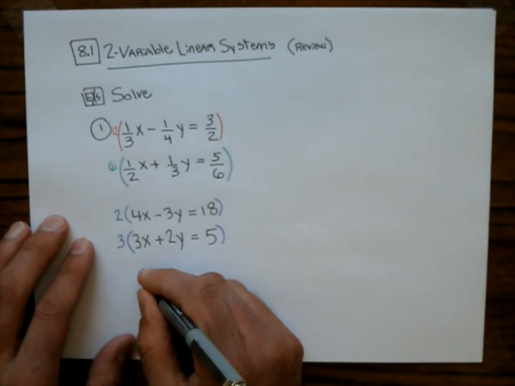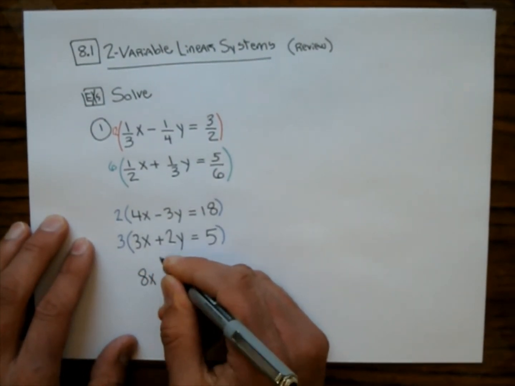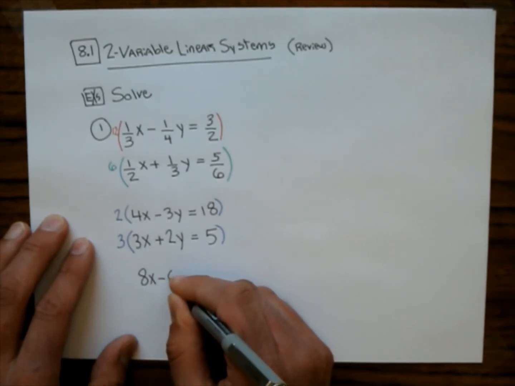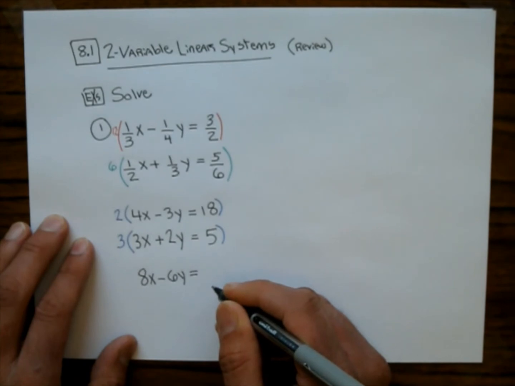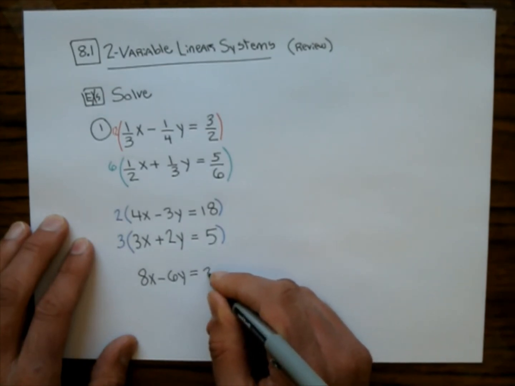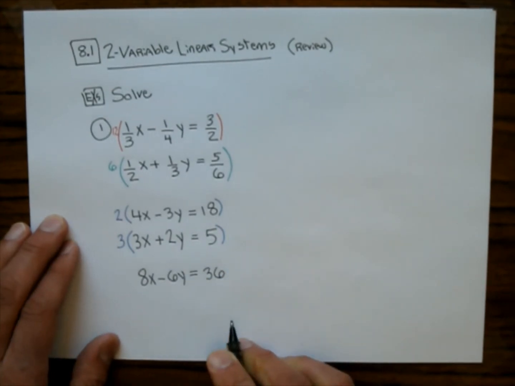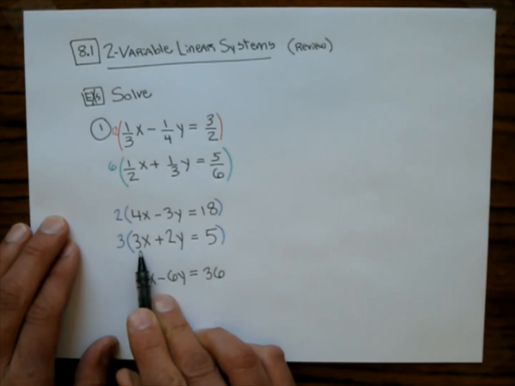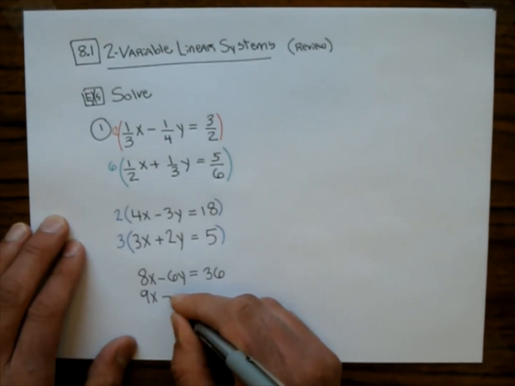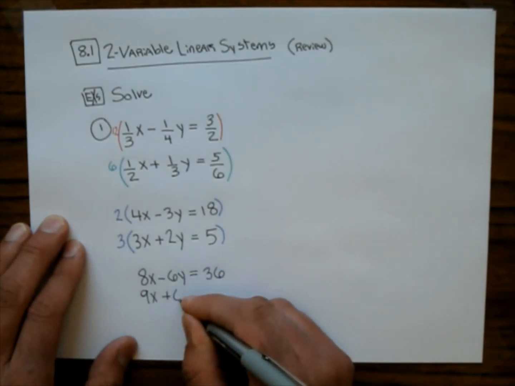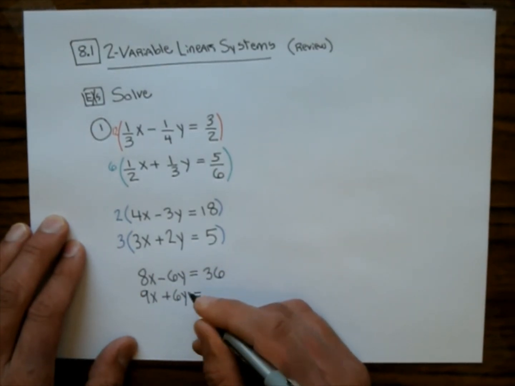I end up getting 8x minus 6y equals 18 times 2, which is 36. On the bottom one, I have 3 times 3x, so that's 9x plus the 6y equals 3 times 5,